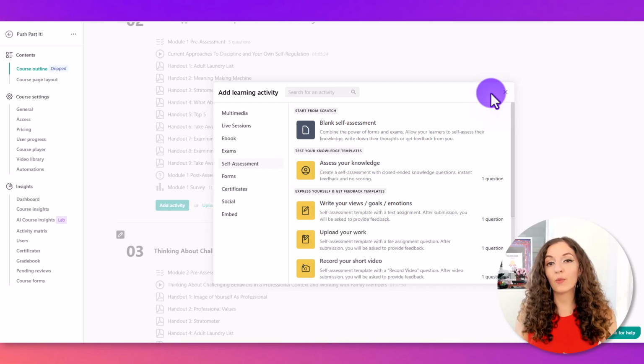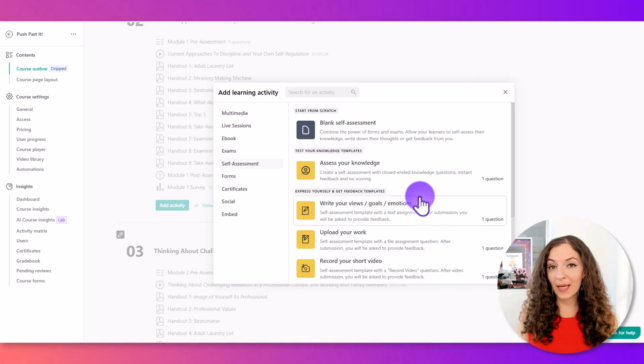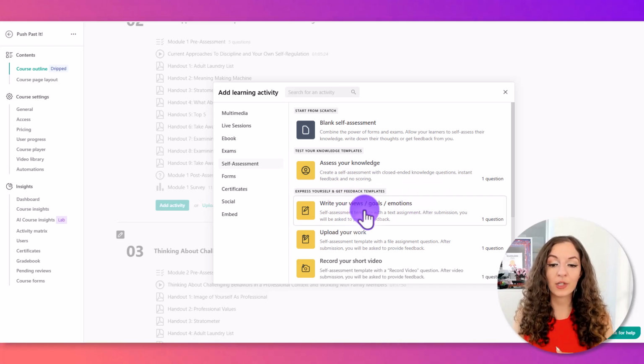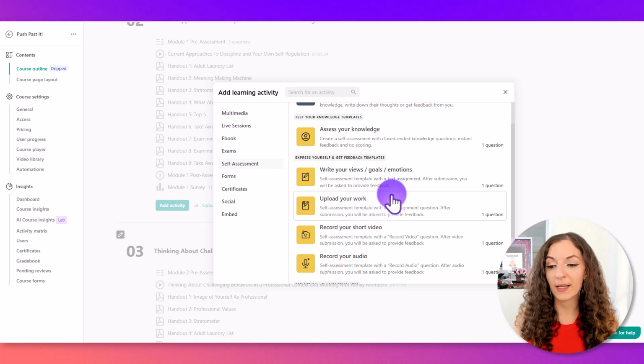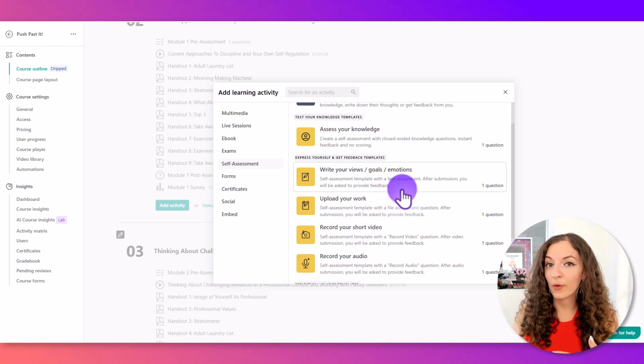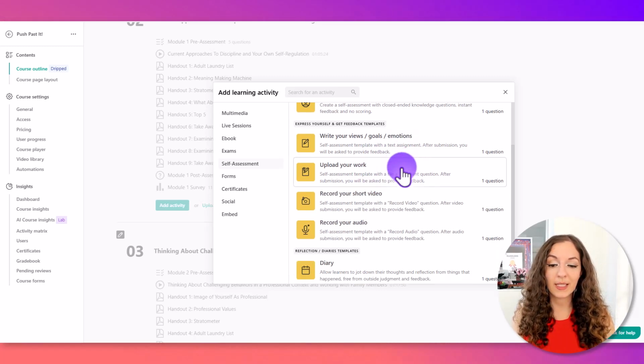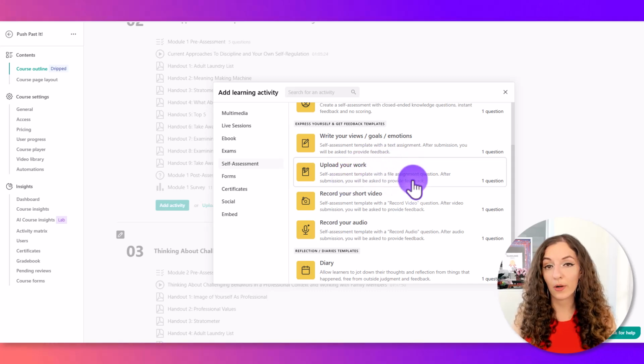It's a reflection on maybe what they just learned, and you want to hear from them, their takeaways. You want to make the course or your program a little bit more interactive in this way so that they're actually invested in answering questions, but it's not graded. It's something that you can review and provide feedback on, but it's not related to any particular score or grade